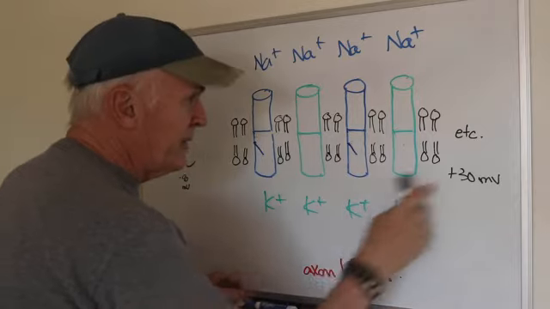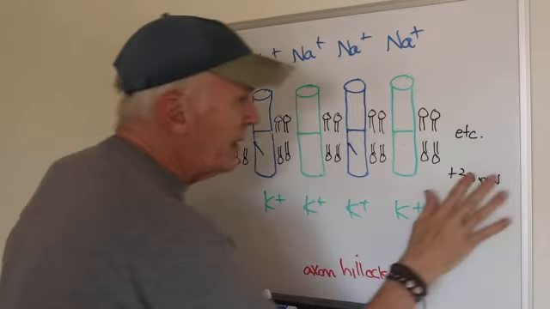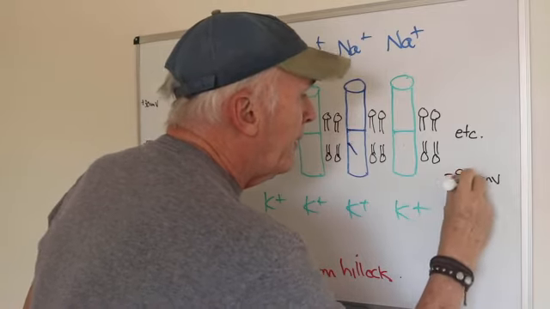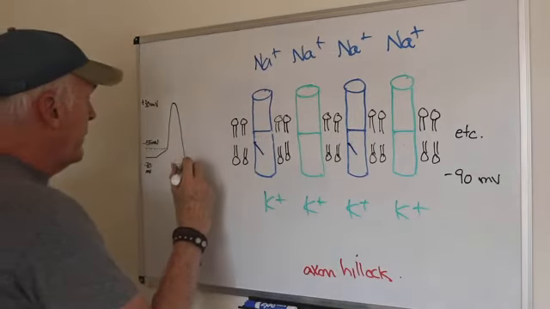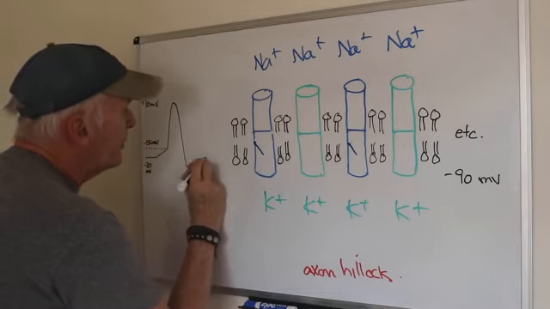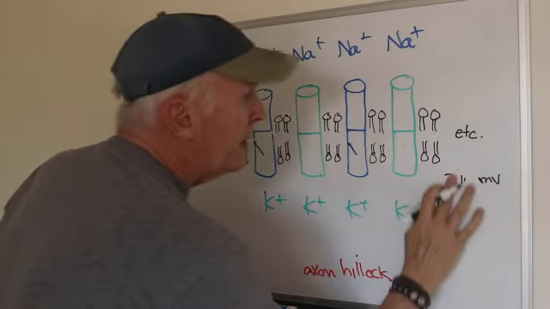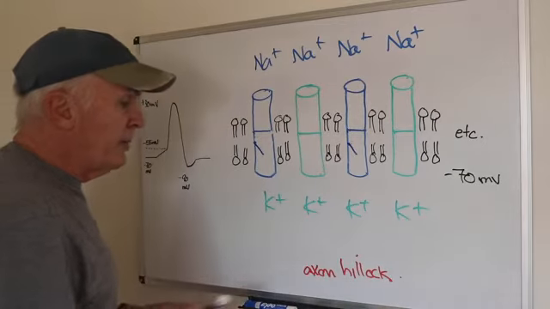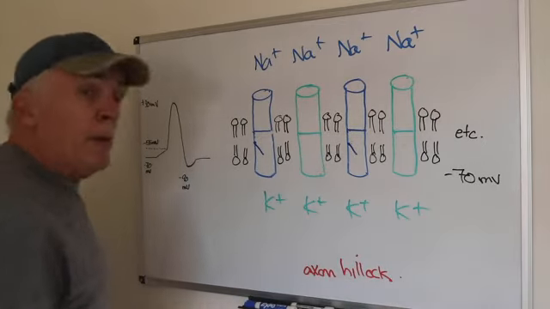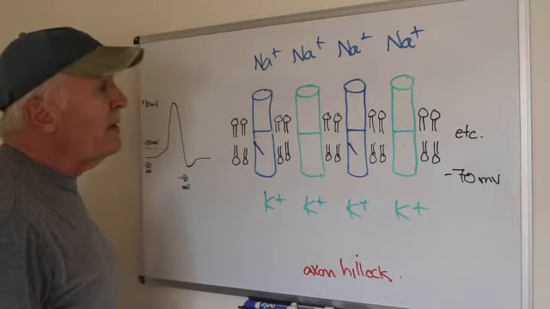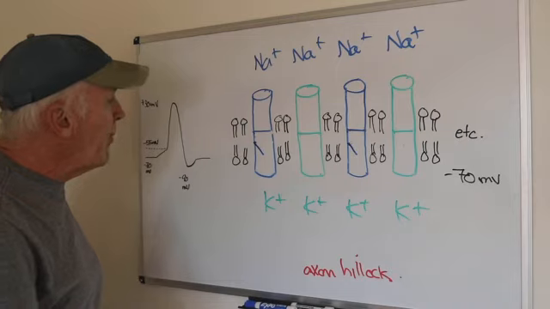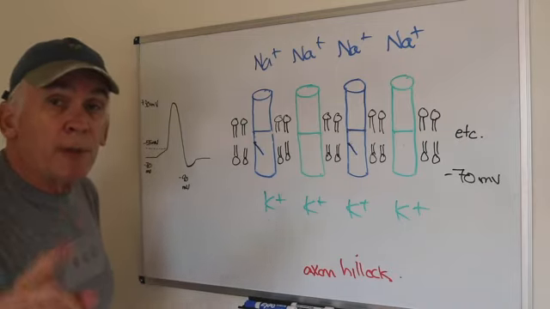So I should have kept this up to date. When we got down here, we went down to negative 90, went too far, and then as a result of the sodium-potassium pump, we are eventually returned to normal, to negative 70, and now everything is right again. We can have a normal action potential, all right? So look over that again. See, it's not that big of a deal. The action potential is really cool, actually. It's amazing the way it works. And remember what made it all possible? The sodium-potassium